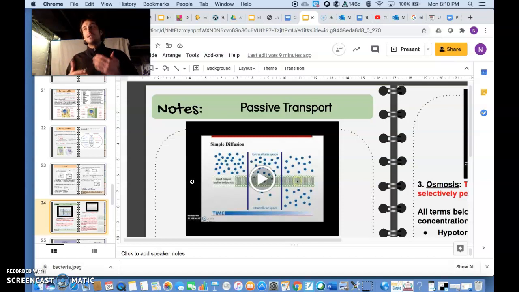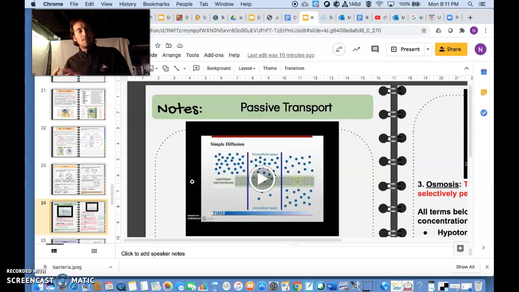Nature, the activity of nature, right? The fact that molecules are always moving is really what leads to passive transport, right? Unless you get down to 0 degrees Kelvin, which has never been reached on Earth, right? You got to be 273 degrees below zero Celsius to get to where there's no movement of matter, right? As long as matter is moving, it's going to move from where it's more highly concentrated to where there's less